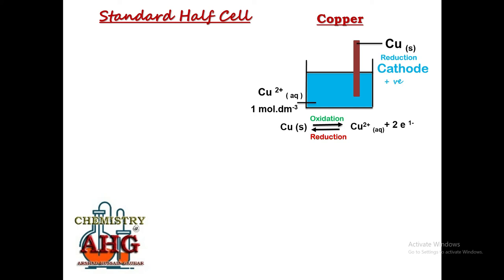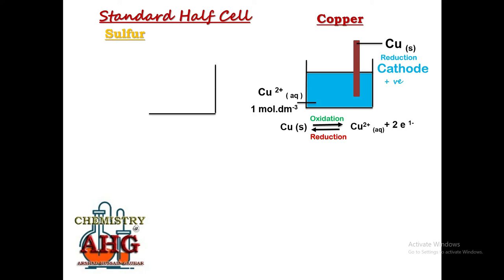Moving on, some other unique type of half cell can sometimes be asked in your exams, and you must know how to sketch and label it. For example, how to sketch the standard half cell for the element sulfur. Now what is the problem? There are two problems. Number one, sulfur is a solid, and number two, sulfur is a non-metal. Since sulfur is a non-metal, we will take help of platinum. Platinum will act as a conductor. Sulfur is a solid, so how do we deal with this problem?